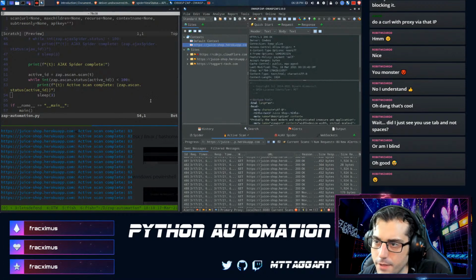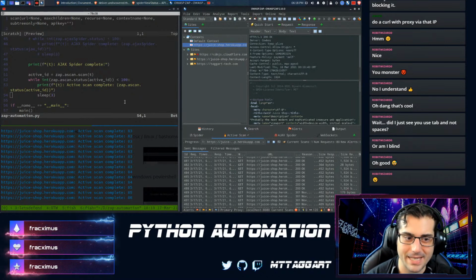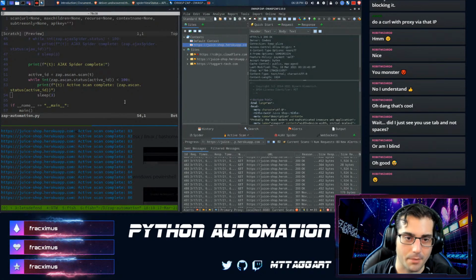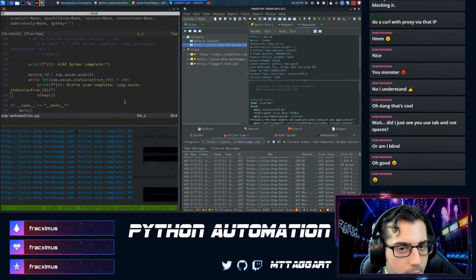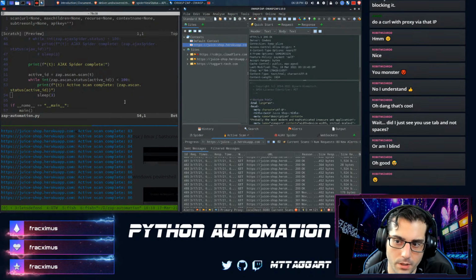So if I were to do this from the command line, the way that I'm doing it right now, I would maybe have to set it up so that all the sites that I was scanning were in the same context. That might not be the best if they're different technologies. So I might think about other ways in which I could do that.